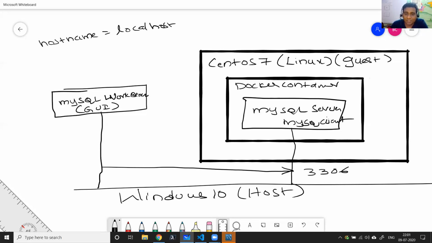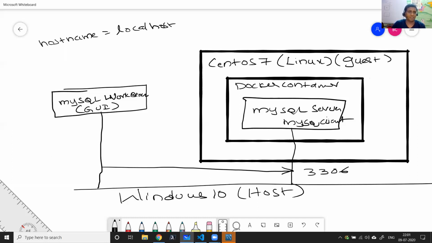I'm trying to port forward all the requests coming on 3306. If a request comes to 3306 on Windows localhost, it is forwarded to the CentOS machine. From the CentOS machine, it is forwarded to the Docker container and then finally reaches the MySQL server. So I just use the port forward mechanism.